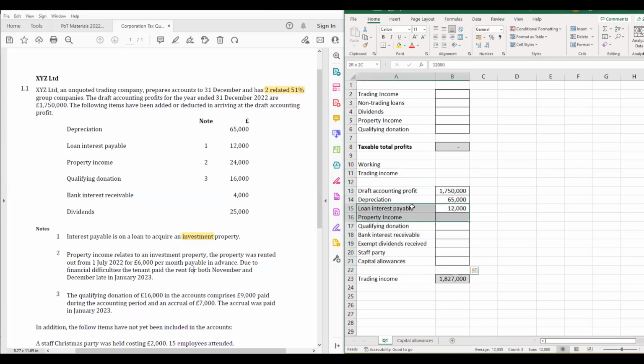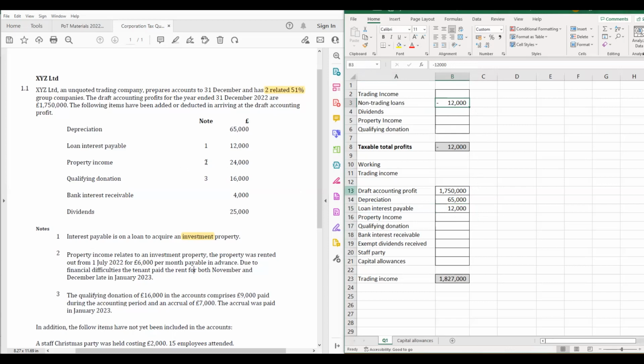Where that £12,000 cost should be going is up into our non-trade loan relationship box. Now, as this is a cost, it's going to be essentially a negative number up here. We've incurred this interest. So one way of viewing this non-trade loan relationship box is like a mini income expenditure number for what's the total amount in relation to your non-trade loan relationships. The other thing to maybe think about is you're going to do the opposite to what you did down here. So here we had a positive number, so therefore we'll have a negative number here.